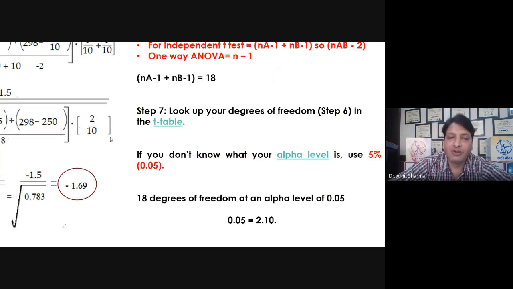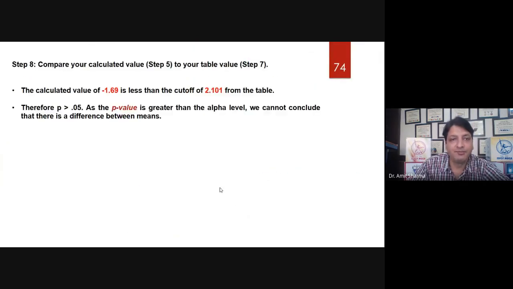So we know that the degree of freedom for this test is 18. We have a t-score, which was found to be minus 1.69, and the confidence interval of the study is 95%. So the cutoff point for this study will be 0.05. We are assuming that there will be a 5% error in this test, and the alpha level for this test is 5%. So if you look at the table at 18 degrees of freedom and the alpha level at 0.05, we are getting 2.10. And how did I get this value 2.10? You have to look into a table. I will let you know.